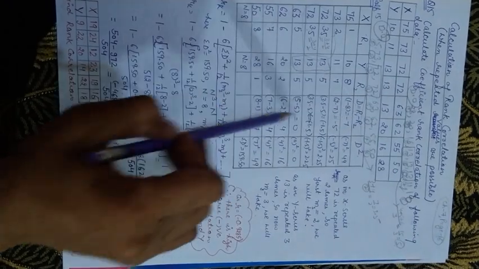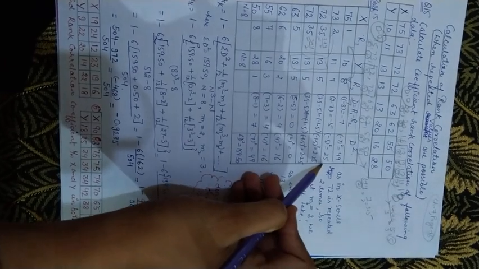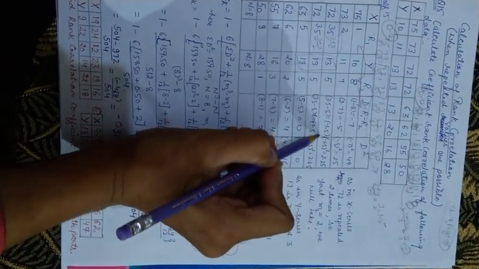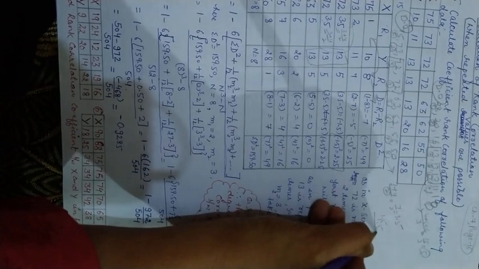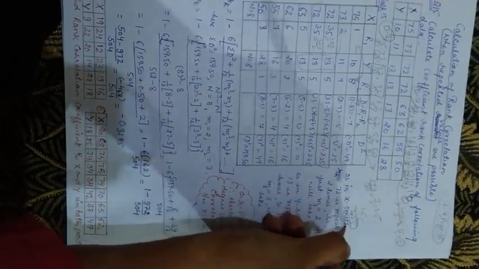You will find the D value, the difference of R1 and R2. This is your R1 and R2. Got it? Then you have to do the D square. You have to take care of this point in D square. This also I tell you once. So it is 1.5 into 1.5. As you all know, 15 square is 225. But here there is one digit after the decimal point, so from the back side you will count 2 digits and put a point. So you will get the square 2.25. In the proper way you have to give this.